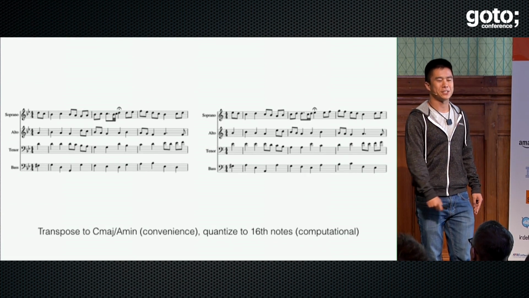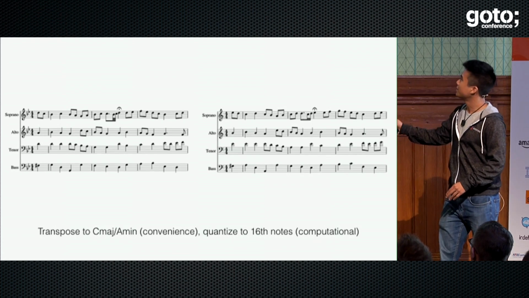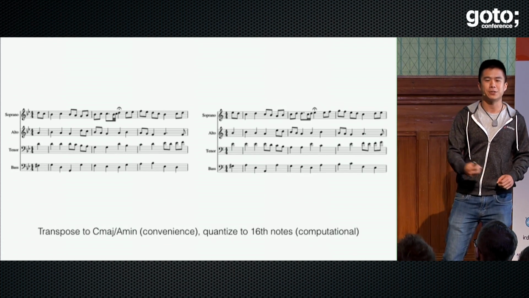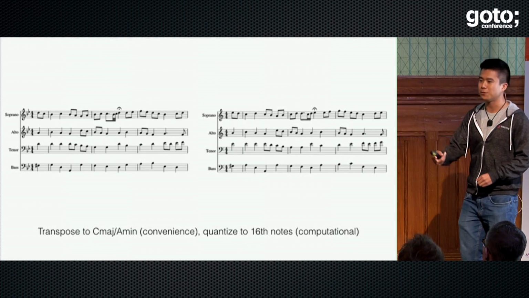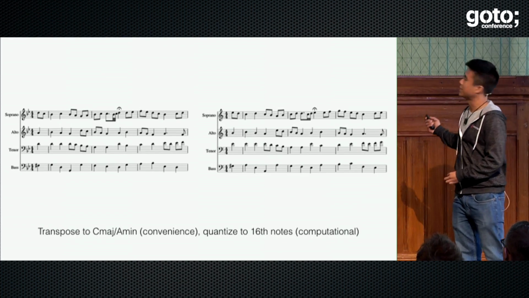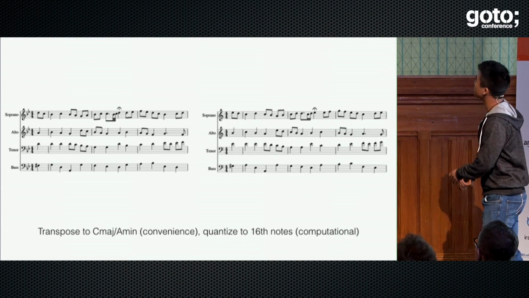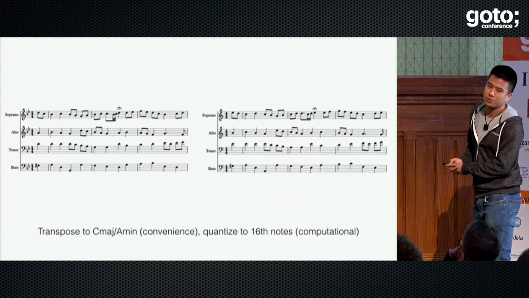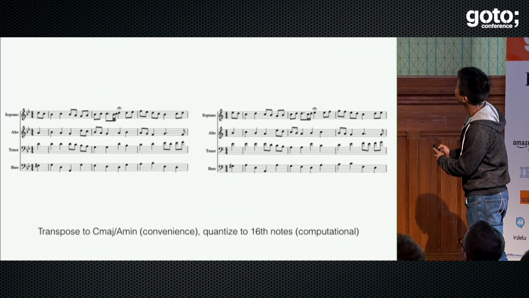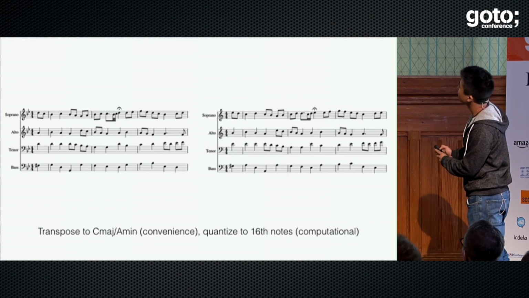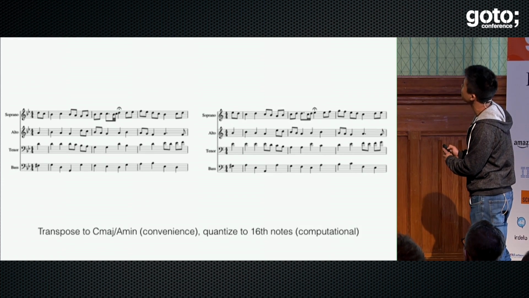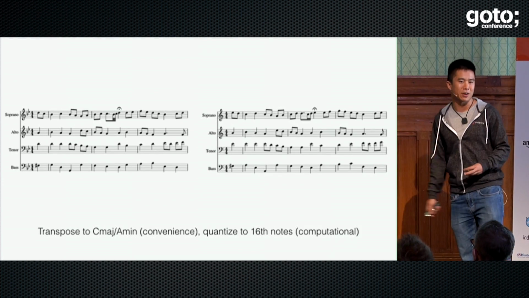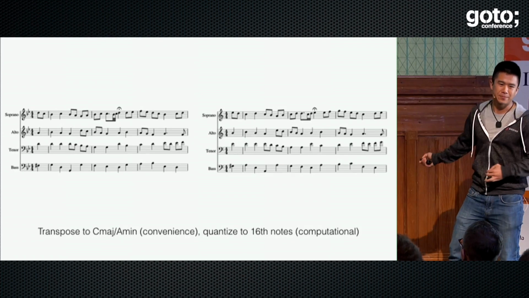The first pre-processing step we did is we took the original music here, and we did 2 things: we transposed it, and then we quantized it in time. Now, you can notice the transposition by looking at these accidentals right here, these two little funny backwards or forwards Bs, and then they're absent over here. Furthermore, that note has shifted up by half a line. It's a little hard to see, but it's happening.